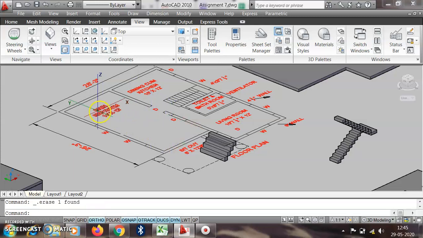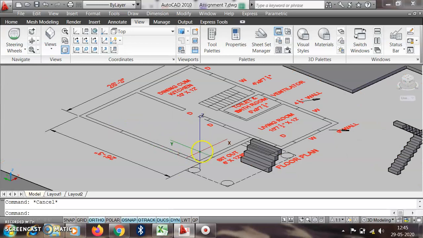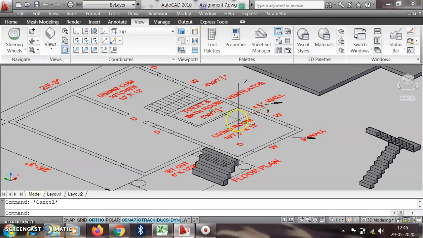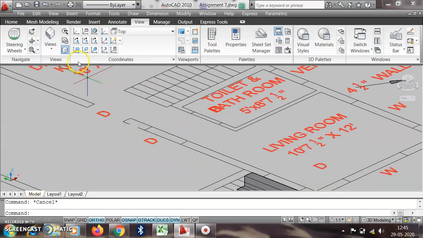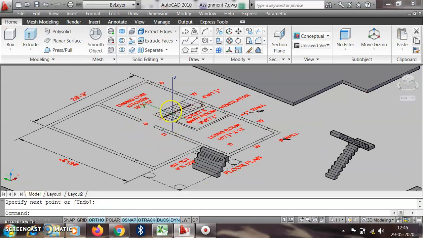So we just erase that part, and we take this one as straight lines, or we treat these as a parapet wall. So using the press pull command, in the same way we have to extend the wall heights and so on. So we just press this line, we join these ones, and here we can press pull all the part here.